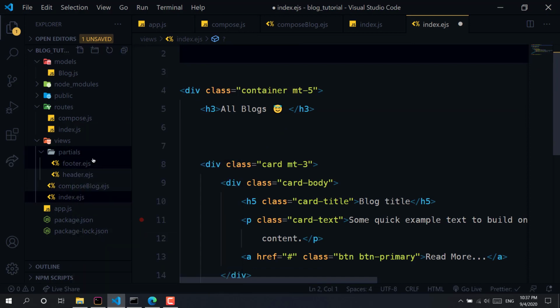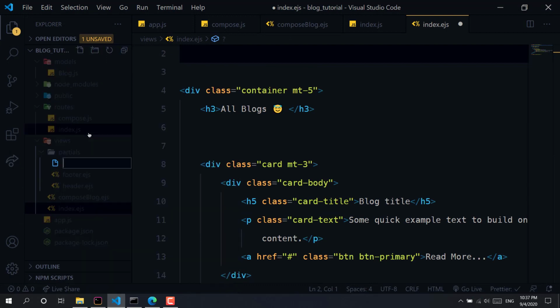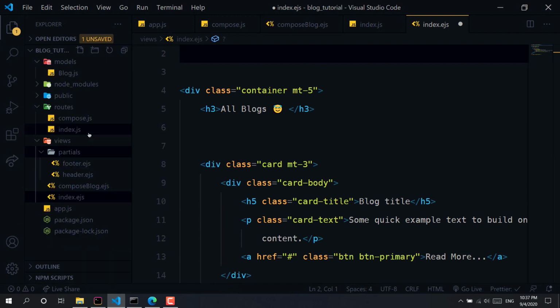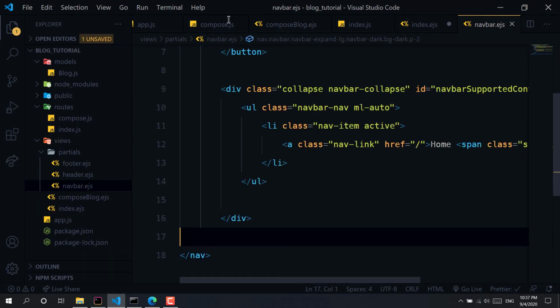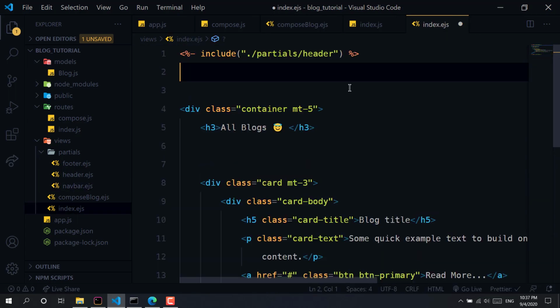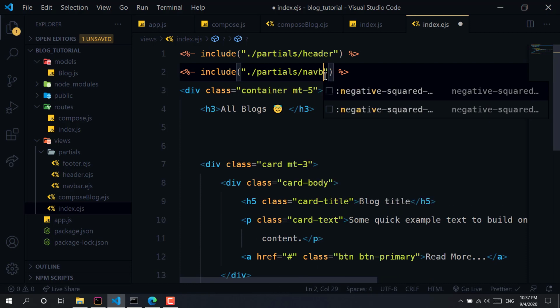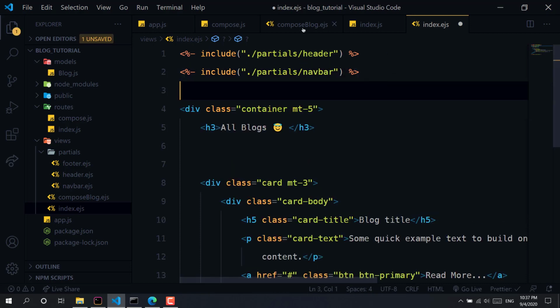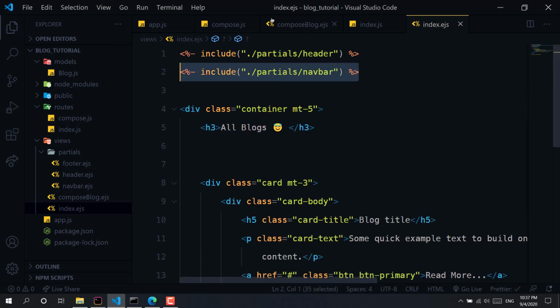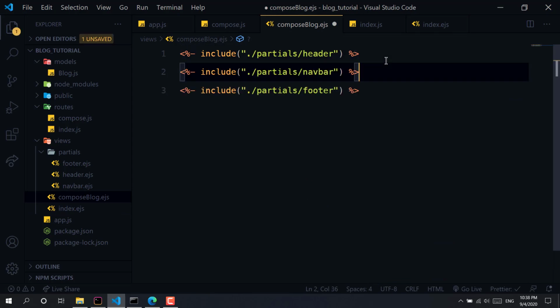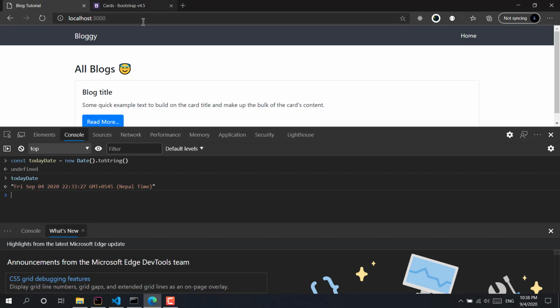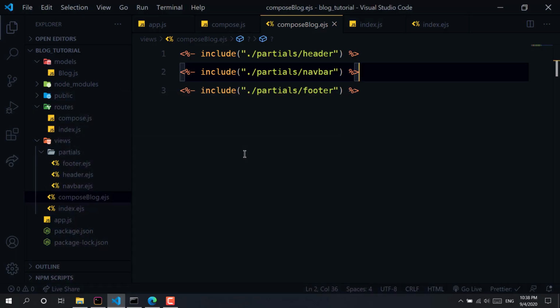So let's go to the partial and give a navbar.ejs, and we will just copy and paste the navbar, copy this line and paste it right here.